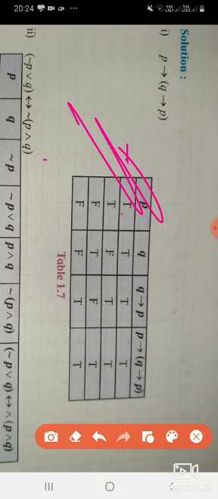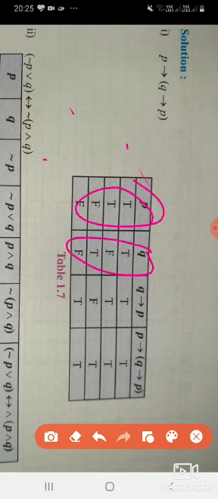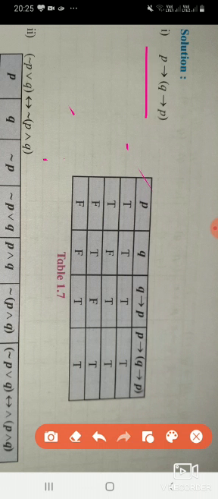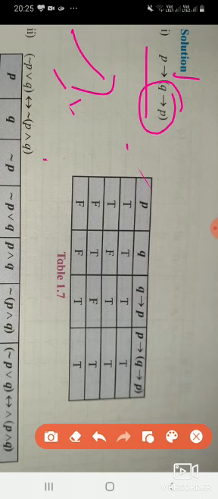Now, after writing true, false for P and Q, it is common for all. If P and Q is given, this is the way you are going to write. Next one, see the statement: if then. Q tends to P is the same table. Actually, what is the table?